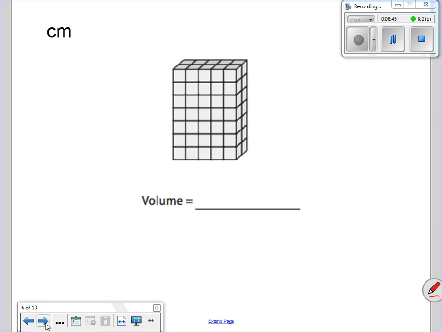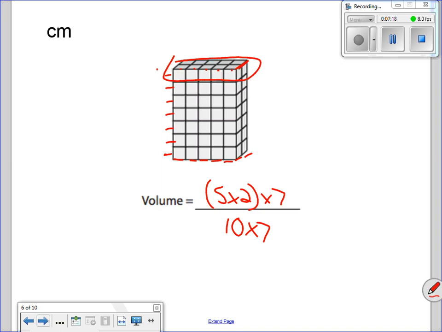Okay, we have a little taller shape. Let's take a look at what this top layer is. Remember, this top layer is the same as my base. If the base is hard to see, I have 1, 2, 3, 4, 5, and the same as down here, 1, 2, 3, 4, 5. And I have 2 here. So 5 times 2, and my height is 1, 2, 3, 4, 5, 6, 7. 5 times 2 is 10, times 7 is 70